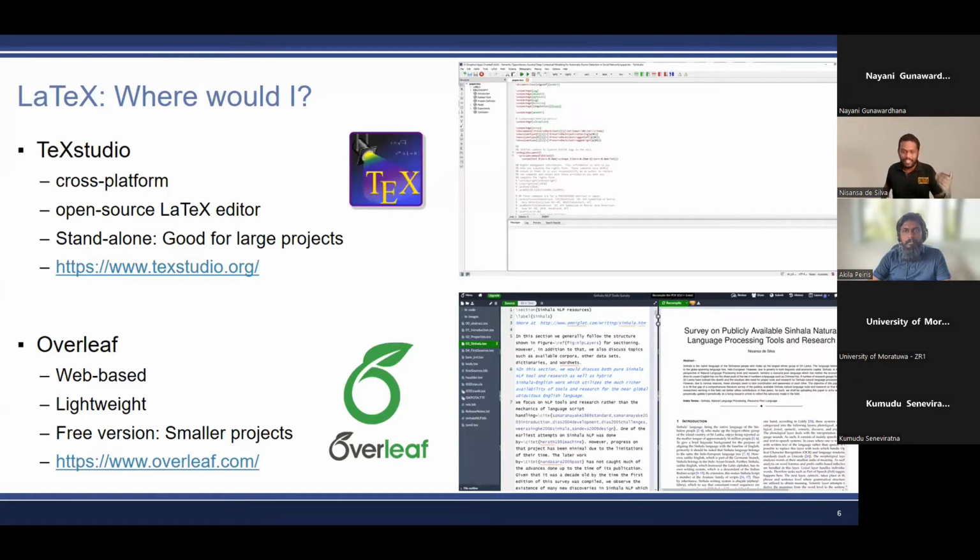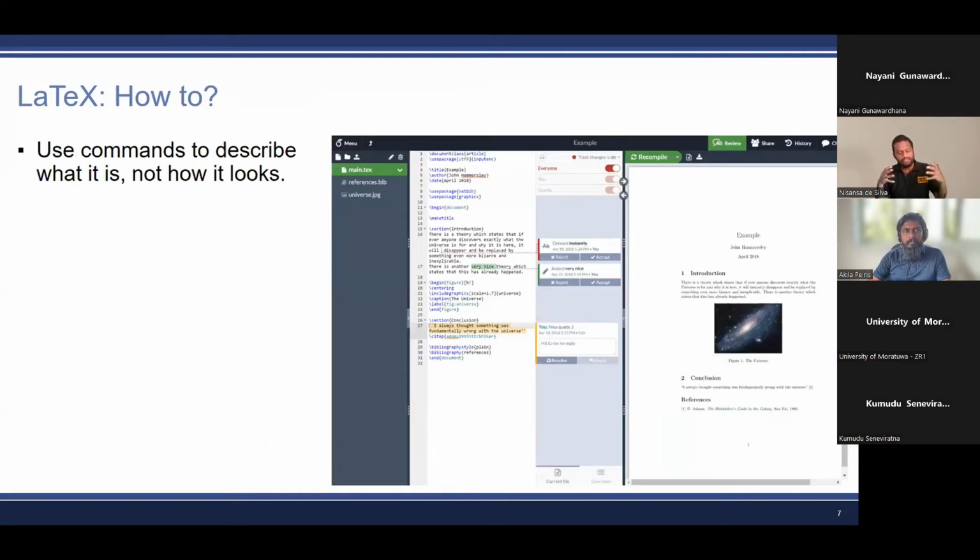So moving on, let's look at how we are going to use this. Now, the fundamental idea of LaTeX is that you give it commands to describe what you want to see. As I mentioned earlier, you just say, I want this text as a title. You just say it. And the formatting of how it happens is handled by LaTeX.